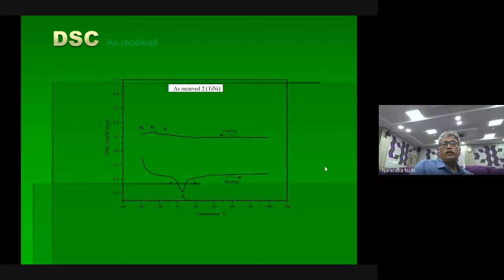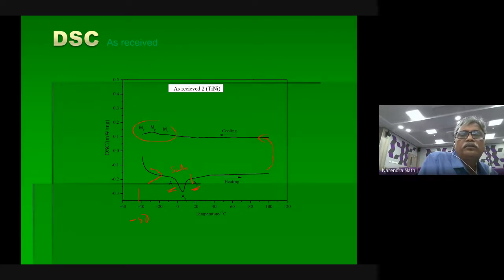And see, when you did the tests, you can see these kinds of peaks while heating. You see here, it started from here, minus 50. So while heating, see here, at subambient itself, transformation is taking place. Austenite start, austenite finish. That means lower than room temperature, these things are existing. Then after heating, it goes up to 100, I think 150. Then cooling is taking place. So see here, when it is cooling after room temperature, you are using liquid nitrogen, it is coming back.